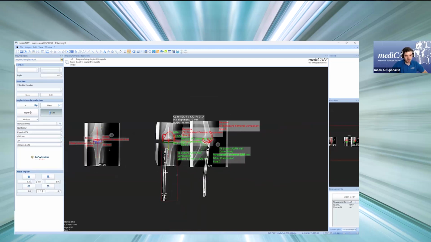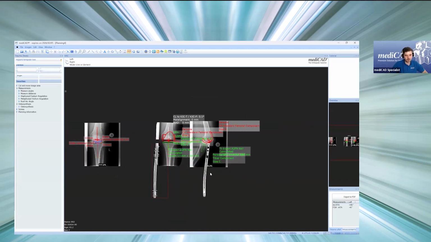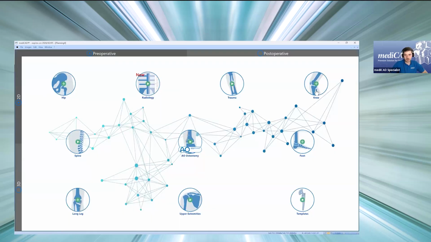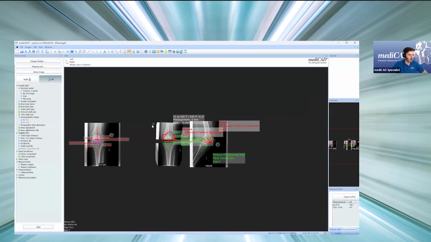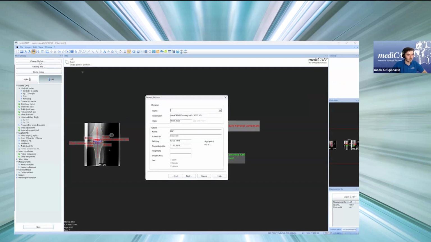This also only works in the trauma module itself. So you need the trauma module for this functionality. So let's quickly go back to go over another highlight, I guess, which is, to be honest, more relevant for